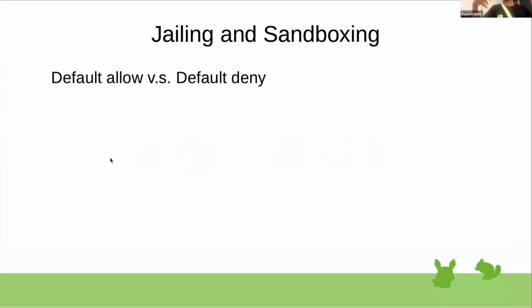Jailing is really the concept where you have an environment and you try to allow as much as you can, but you have some type of system that stops the environment from running, let's say, unsafe code. So this might be like, hey, we're going to use